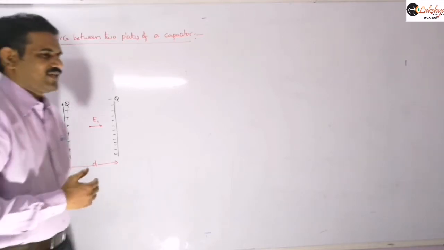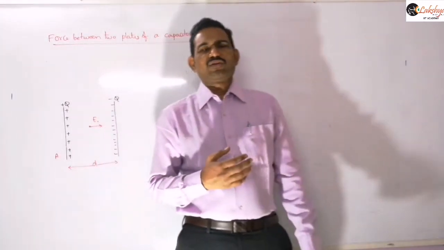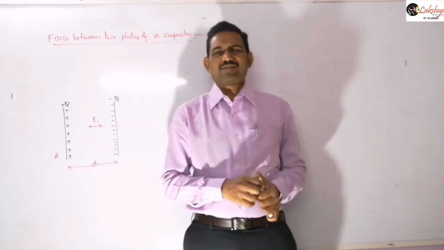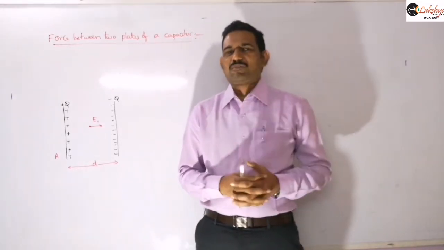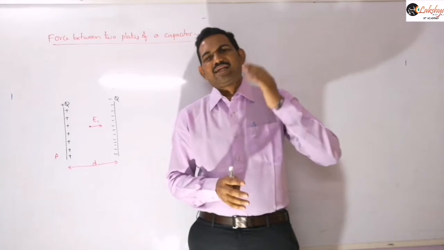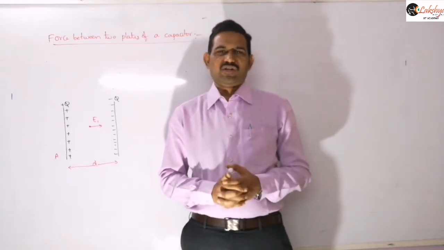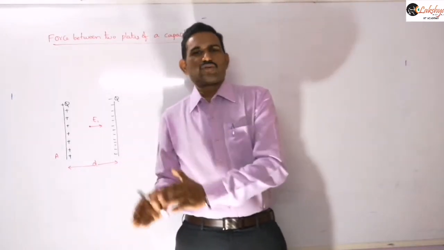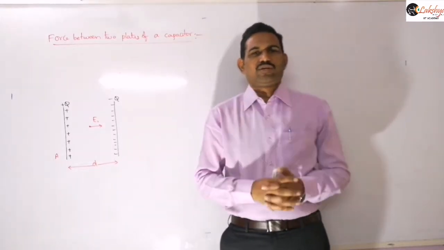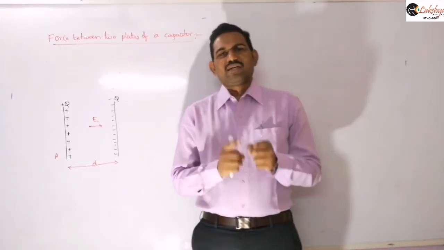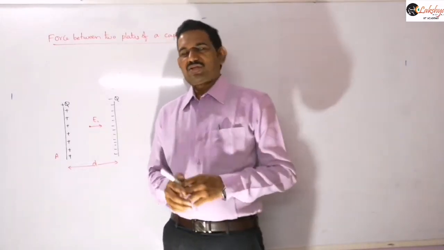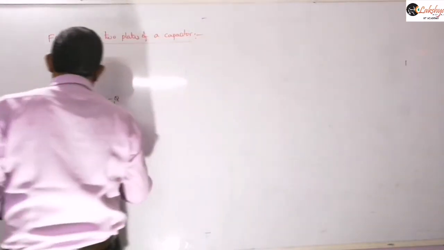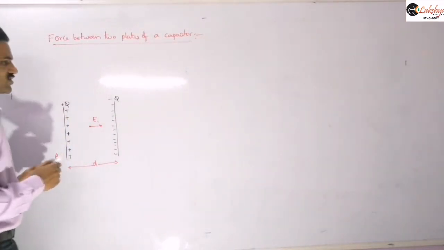Previously, when we were deriving an expression for the capacitance of a parallel plate capacitor, we first calculated the net electric field in between the two plates, that is the net electric field. So electric field due to the positive plate and electric field due to the negative plate. But here we need to calculate the electric field due to only one of the plates, because we are going to calculate the force acting on the other plate. And so I am taking this field due to this positive charge.